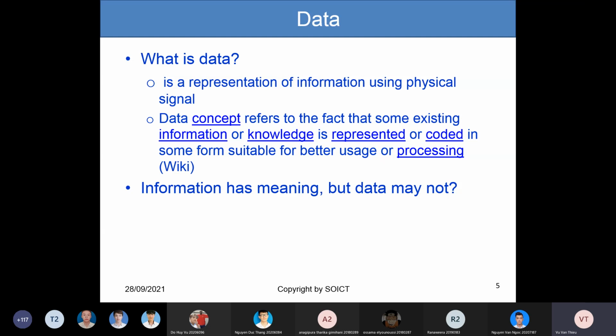So the first question, we talk about information, we talk about data. So we know that information has meaning, but data may not. So I say, of course, information has meaning because it gives us a better understanding, news, or awareness, so it has meaning. But data may not have meaning. For example,